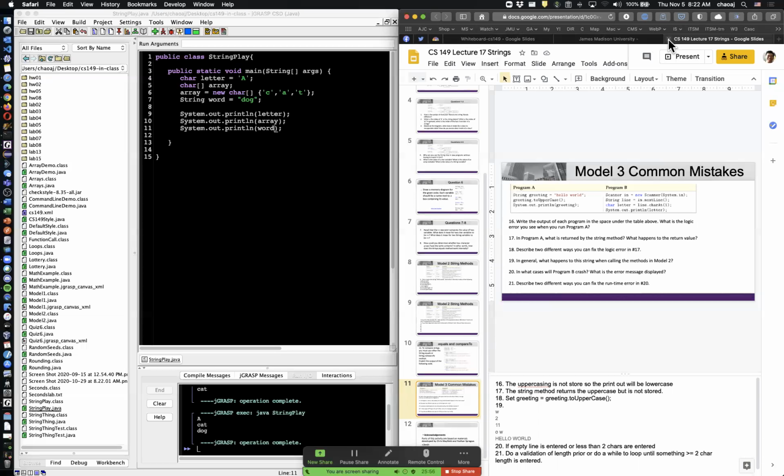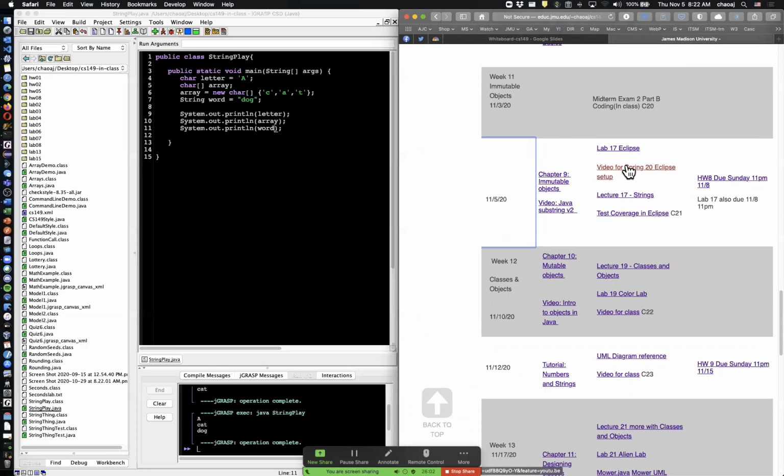All right. Last thing I wanted to get into, I'm probably going to remove this Spring 20 setup for Eclipse because that's not going to be a good Eclipse setup because it's going to be last semester's with the old Checkstyle pieces in place. So we'll probably want to do a new one for the fall semester here